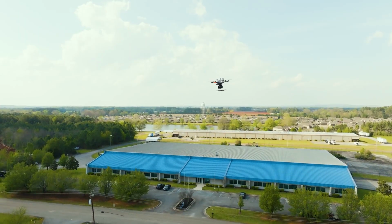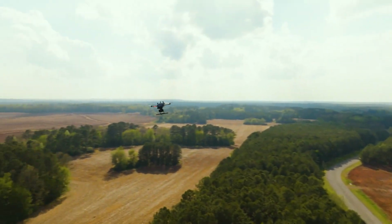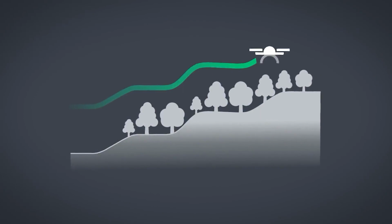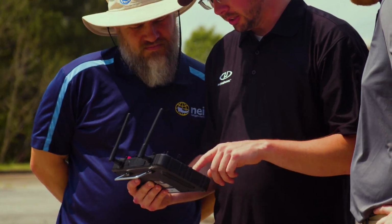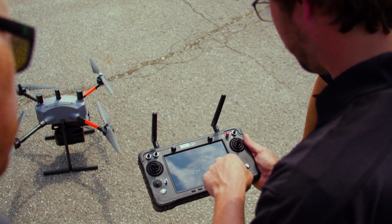In order to maintain accuracy, the new EasyOne is able to utilize real-time terrain following and awareness. So it is actually live scanning with the LiDAR system, coming back into the CPU and understanding that, oh, I need to raise up or lower my altitude. How this is beneficial for all of our customers for mapping is that we want to keep an even ground sample distance. So we need to be equidistant, whether you're on top of the mountain or on bottom of the